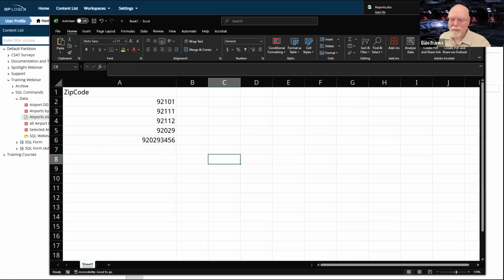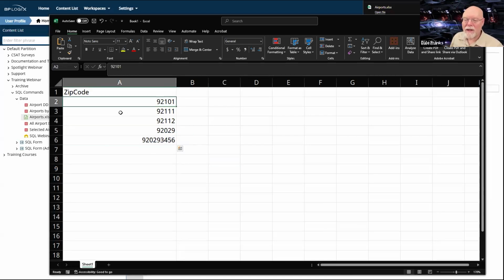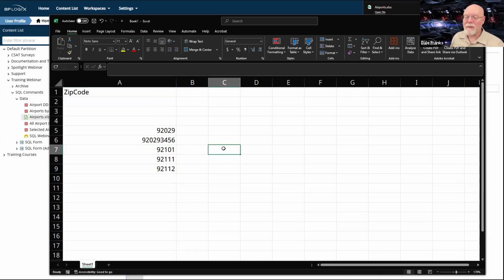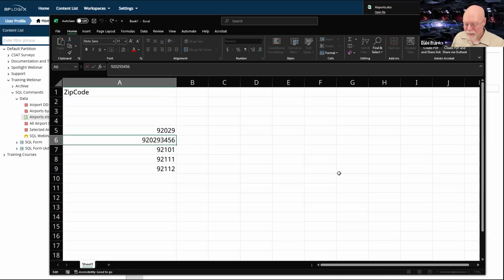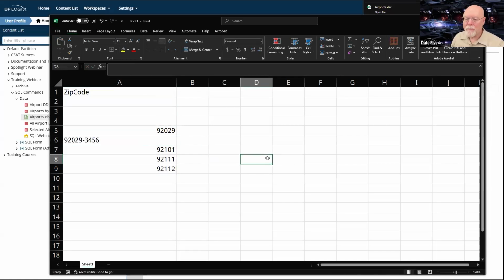Which isn't great, because what I would expect for zip code sorting would be that these three fields, 101, 111, 112, hey, I actually put them in order. These three fields, if I was to sort this the way I would expect it to be sorted, if it was text, it would sort them like this.